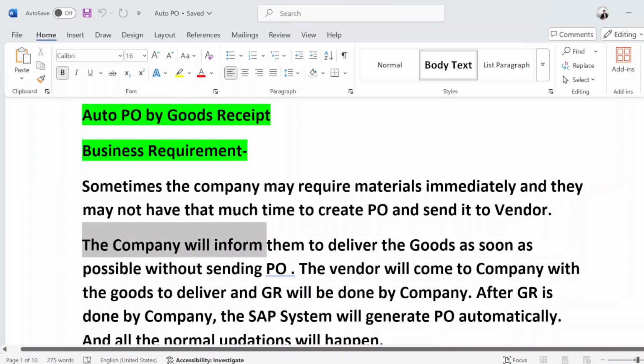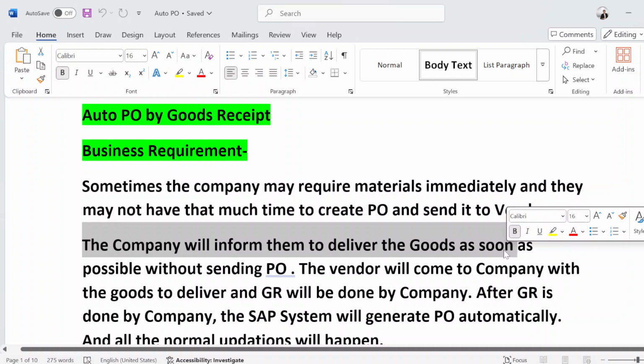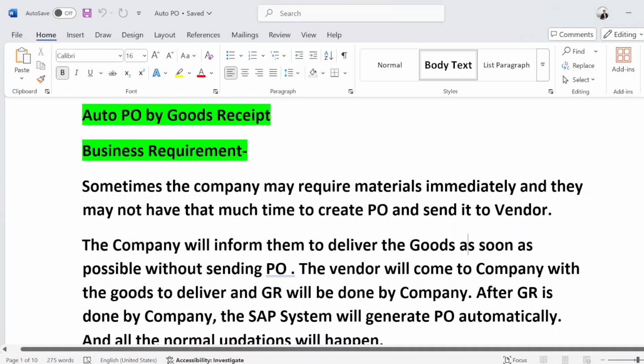The company will inform the vendor to deliver the goods as soon as possible without sending any PO. The vendor will come to the company with the goods, and the goods receipt will be done by the company. After GR is done, the SAP system will generate the PO automatically.